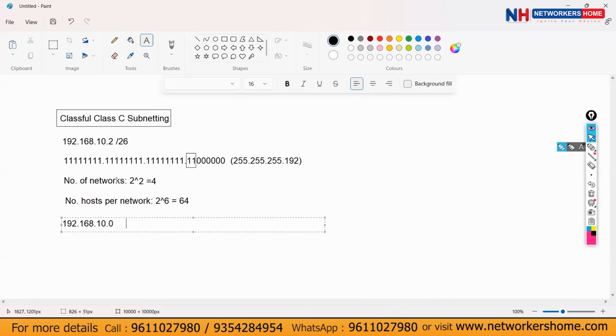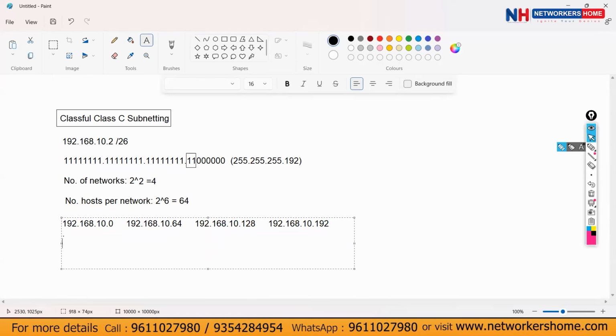So 4 network IPs and 4 broadcast IPs have to be there. What is the next network IP? How do we calculate it? 192.168.10.64. Add 64. So 64 plus 64 is 128, plus 64 is 192. We got 4 network IPs.